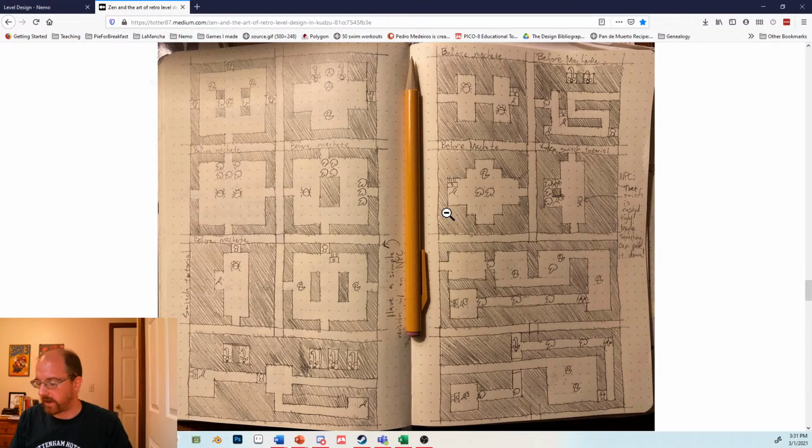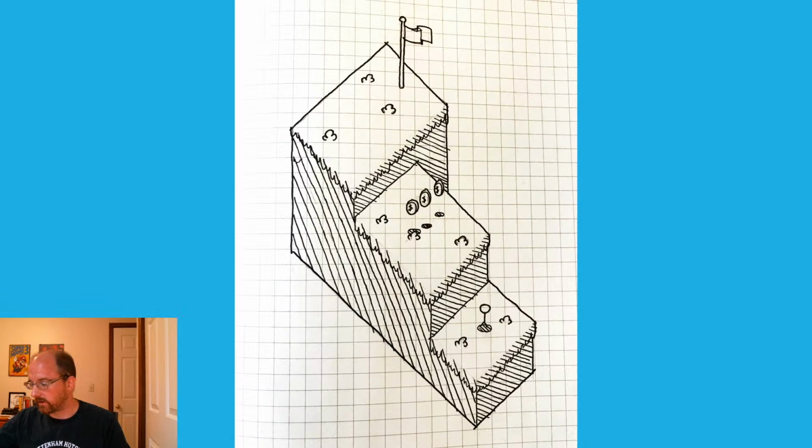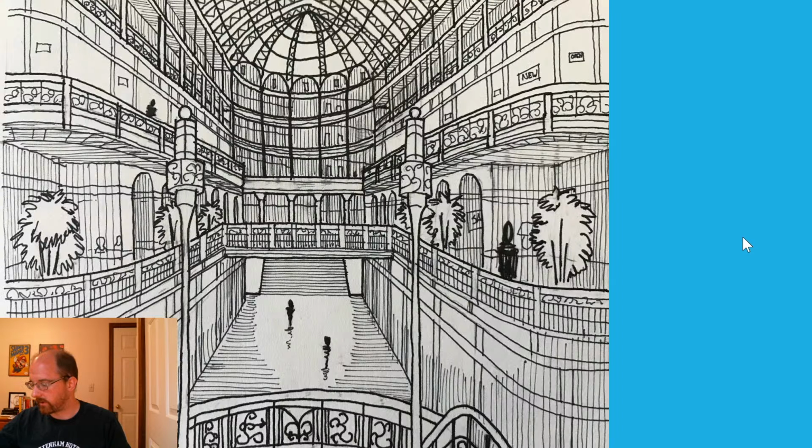Same thing with where I put enemies and snakes and bugs and all that other fun stuff. So that's why you plan on this type of paper, is that you can say this is going to be this much gameplay unit, or you can do this handy thing where if I'm drawing an axonometric, I can draw from corner to corner and have it be nice and neat without having to worry about messing with,